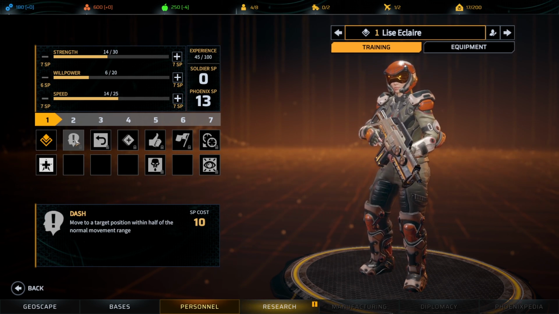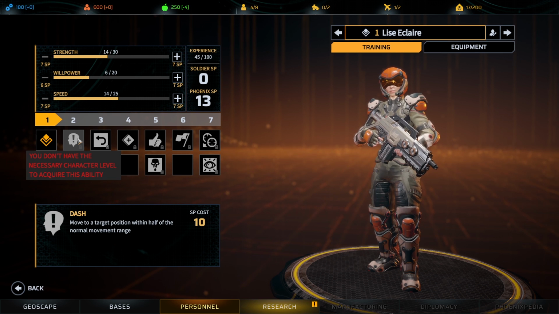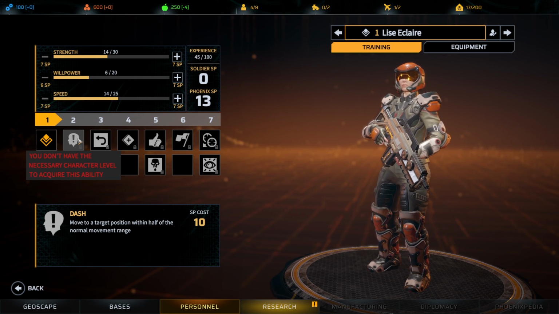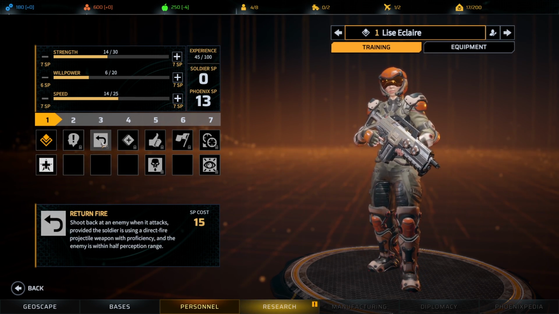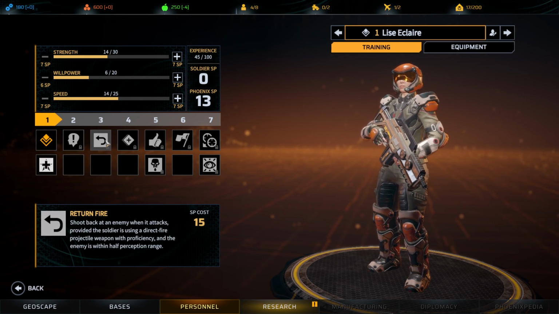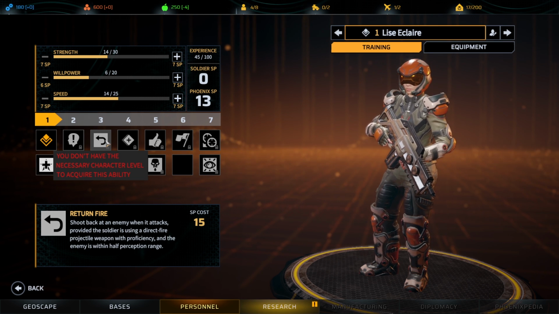So our first class, assault. You've got assault training, dash, which is a 4 will point cost, but allows you to move within half of your normal movement range for free. It doesn't cost any action points. It's super, super powerful. It's borderline broken. Return fire shoots back at enemies when it attacks, provided this soldier is using a direct fire